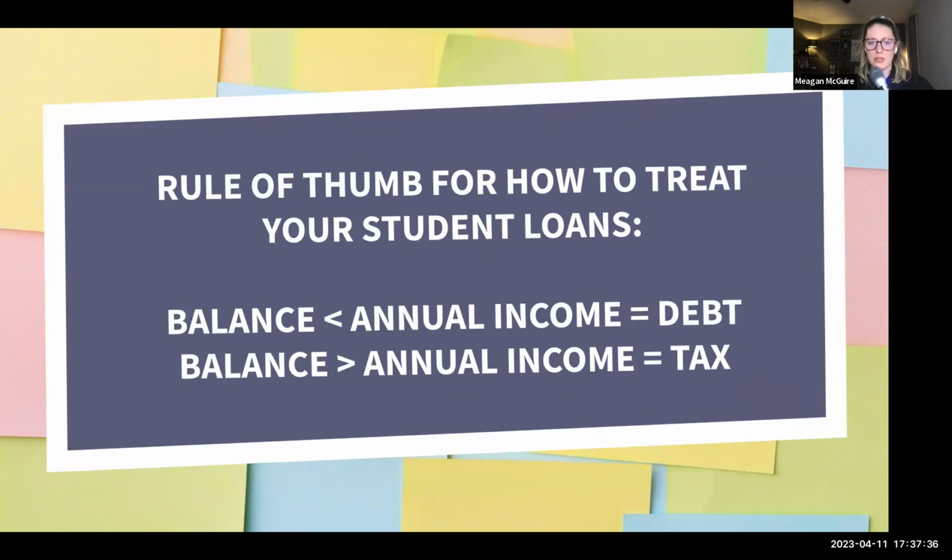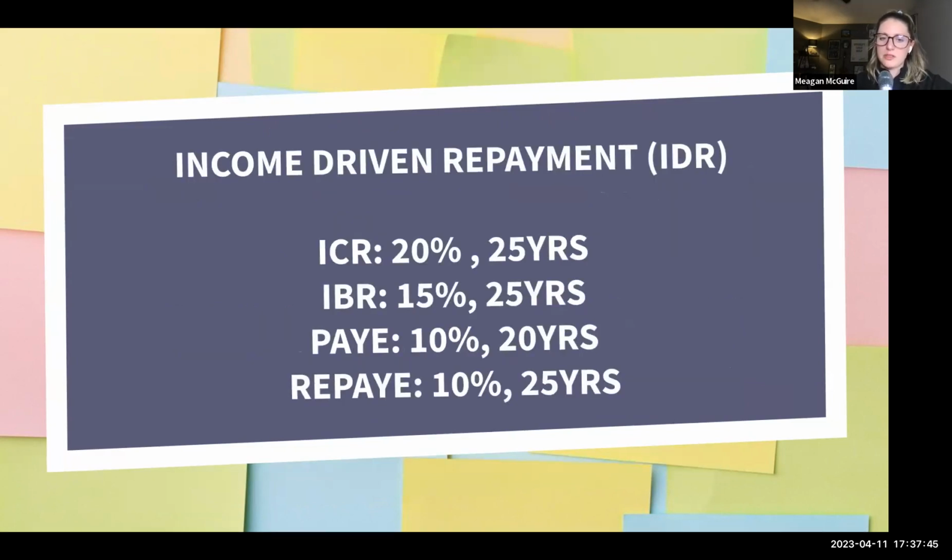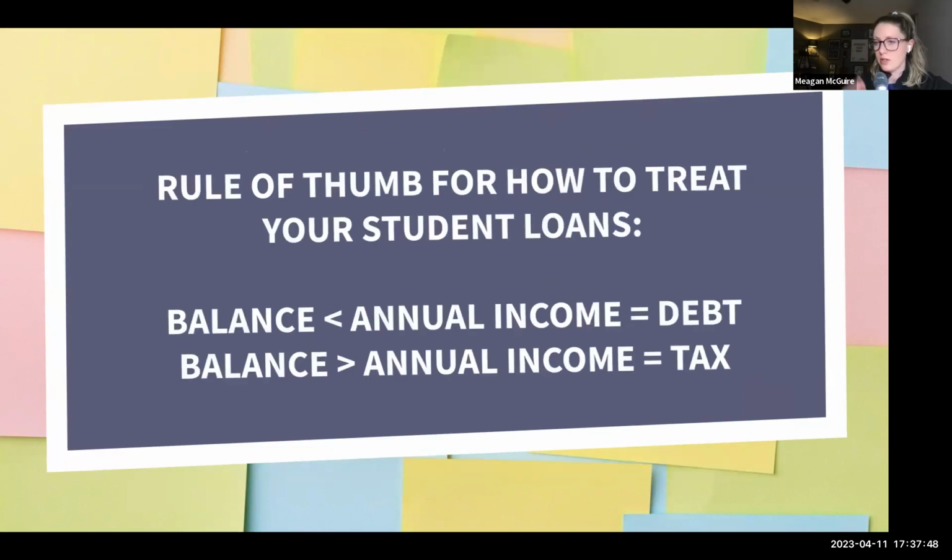Now, I figured we could get into a couple general topics on how to treat or think about your student loans. We'll talk about the income-driven repayment options in a moment as well. Now, thinking about your federal student loans, PSLF is a little tricky because it's a short time window. So this rule of thumb may not exactly line up with your situation. So bear with me, I'll explain what I mean here. But if you're someone who has federal student loans and your balance is less than your income, then long-term forgiveness, the 20 or 25 years, probably is not going to make sense.